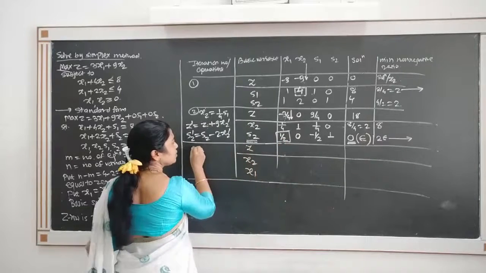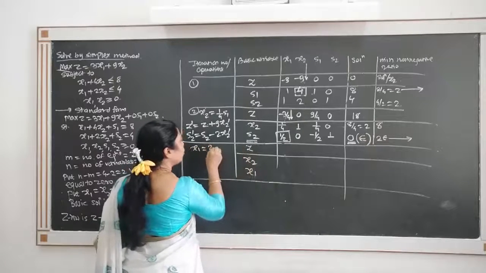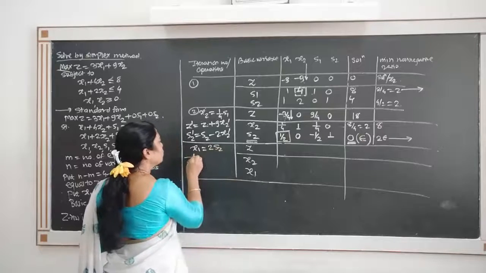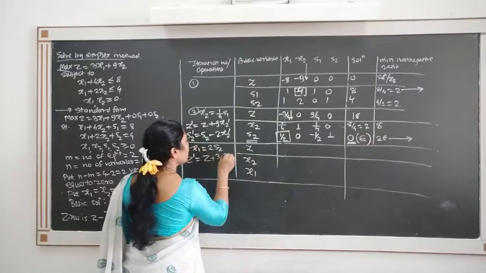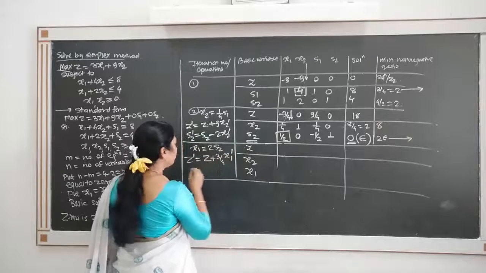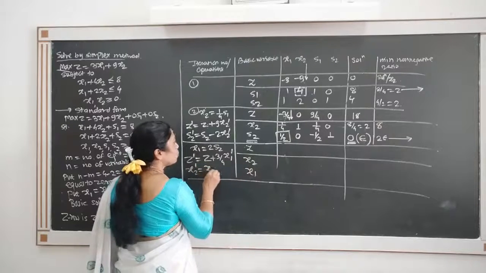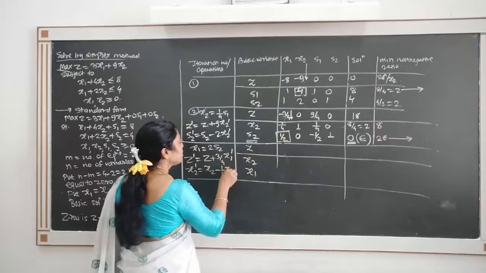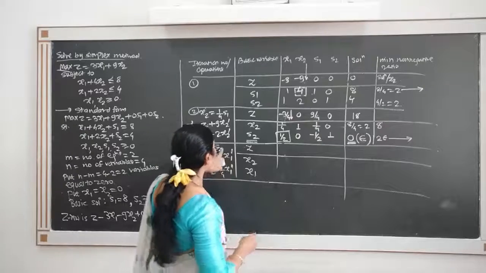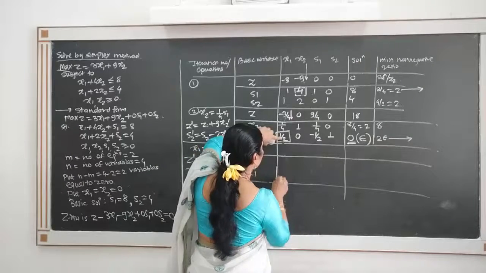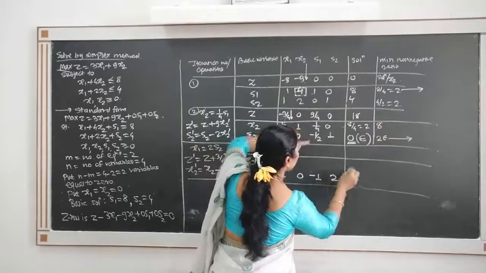The first operation is our new X1 row, because this is changing. So new X1 row becomes 2 times S2 row. Our new Z row becomes current Z row plus 3 by 4 times X1 dash, and our new X2 row is current X2 row minus 1 by 4 times X1 dash. So do the operations. The first one, X1 is equal to 2S2. So make this 2 times, becomes 1, 0, minus 1, 2, 0.